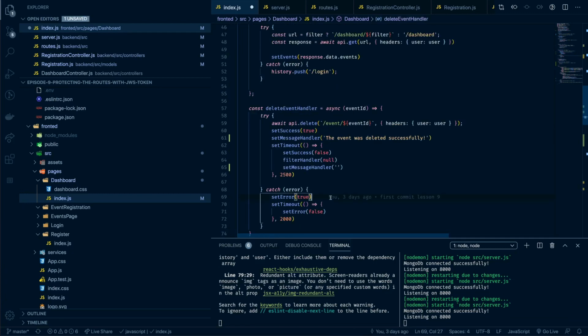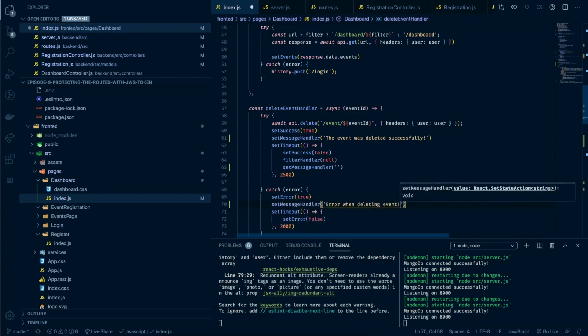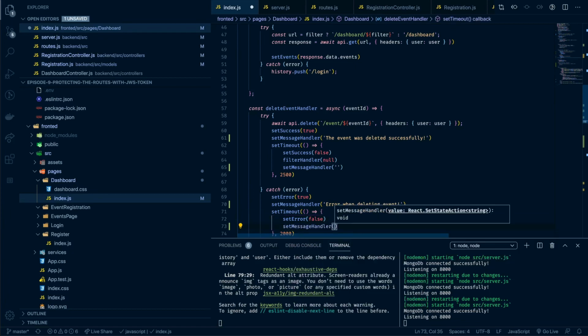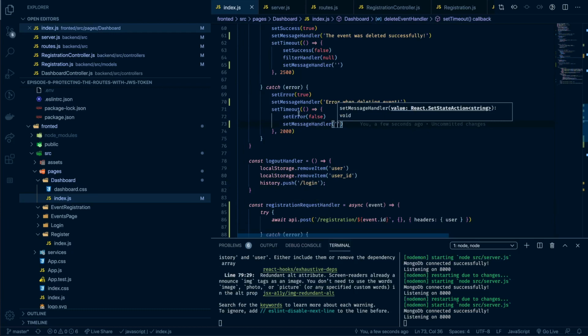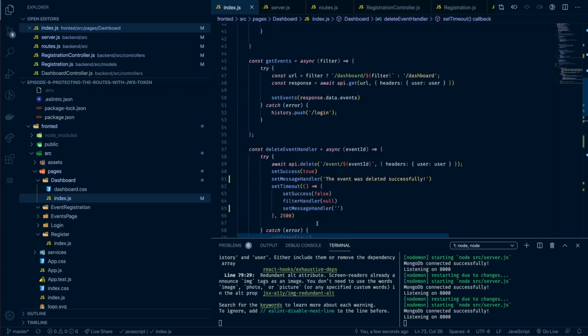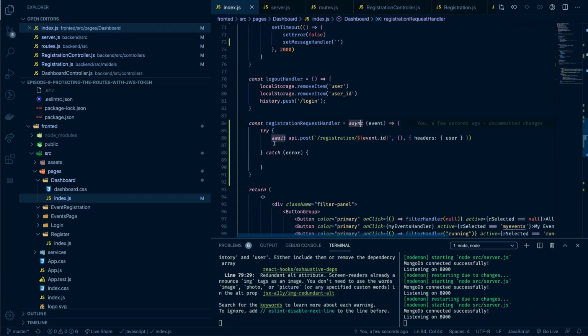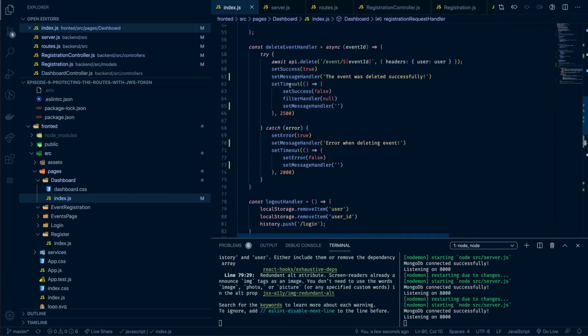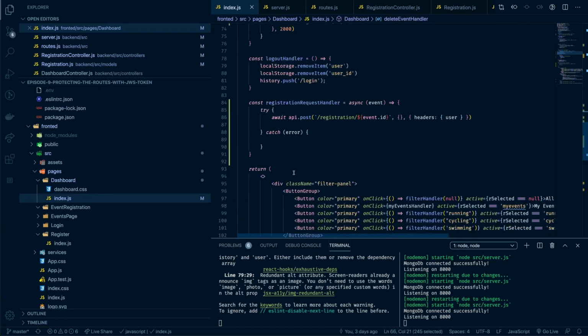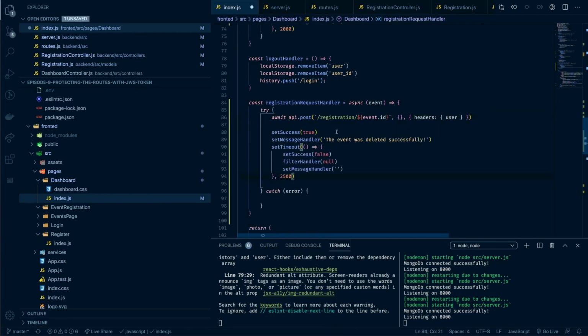So we can come here and say set message handler and set message handler empty string. So then now that we're doing that, we don't do for anything else, we just do for delete. But for now, let's add this here, right? So we can copy this mechanism here completely, and then inside the registration request we want to do basically the same thing, with the difference that we can say